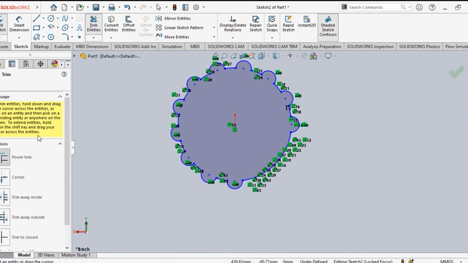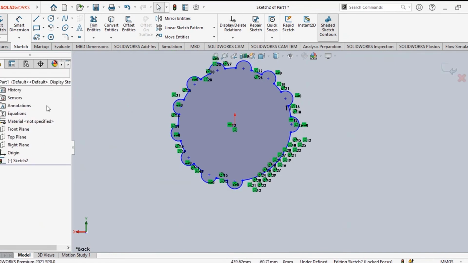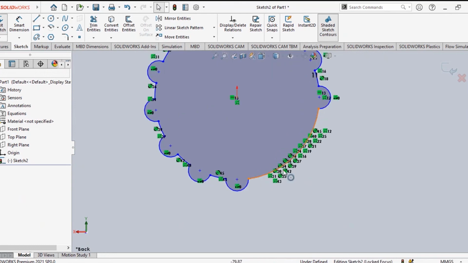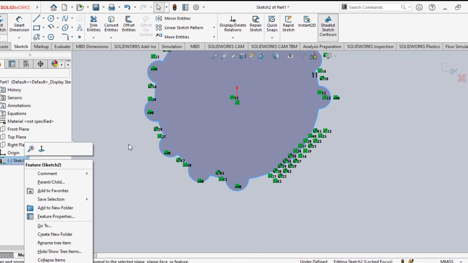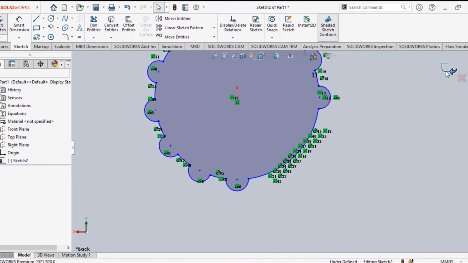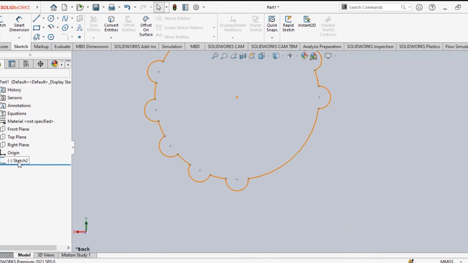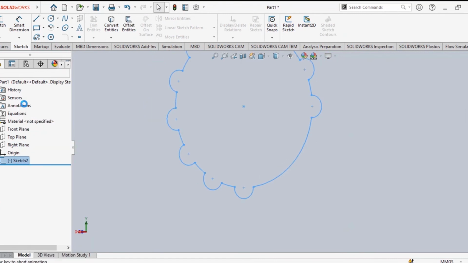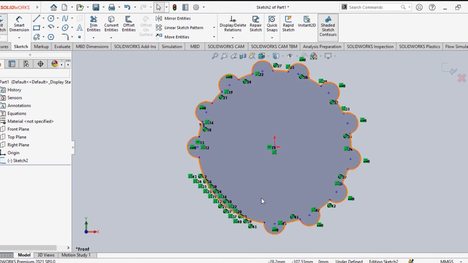Now, sometimes after making this one, you check this one, and you see your drawing is not perfect. Sometimes you feel that your drawing is not okay. You can edit this one anytime. That means you can edit this one from sketch. Edit sketch will be done. So you can exit from this one and edit sketch. That means you can change anything you like. Suppose dimension and other things you can change.